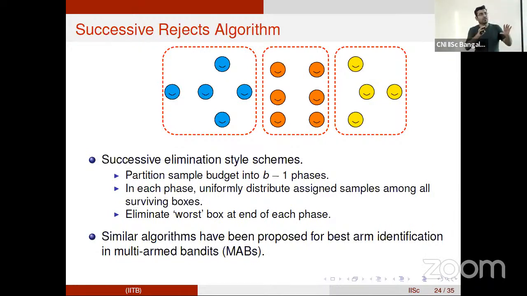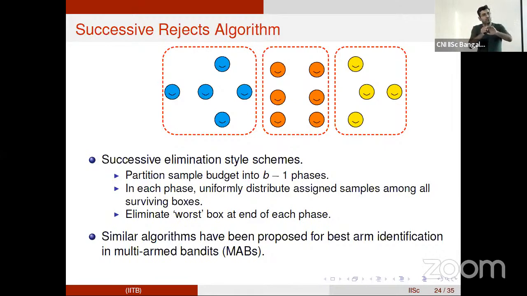We take a choice which has also been used in the MAB literature to get a bound which is tight to the lower bound. It is guided by what the lower bound is. That's how you choose your budget across the phases.